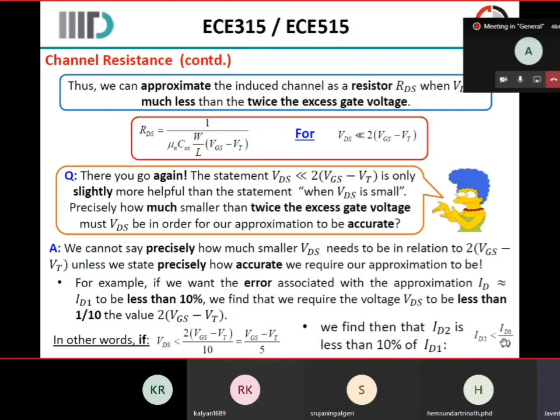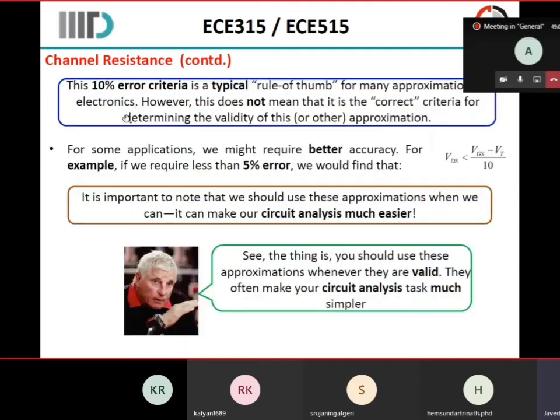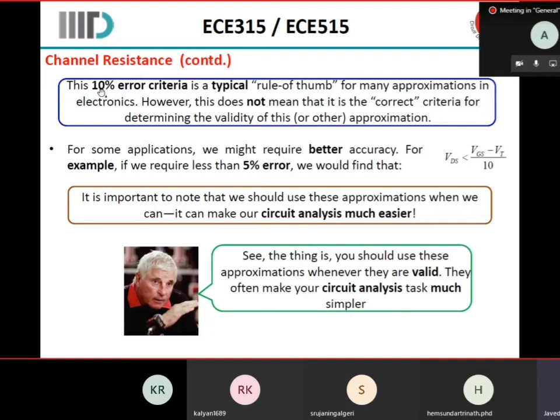The analogy that I used is not here, but I found it easier to understand the other way, wherein if I want a resistor to act, I will keep it at 1/10 or 1/5, which is similar to close to the noise voltage. That is the easier-to-understand number that I used to get in my head and follow. The mathematical reason is given as here. So this eventually became a rule of thumb in electronics. This does not mean this is the correct criteria, but it is a good place to work.